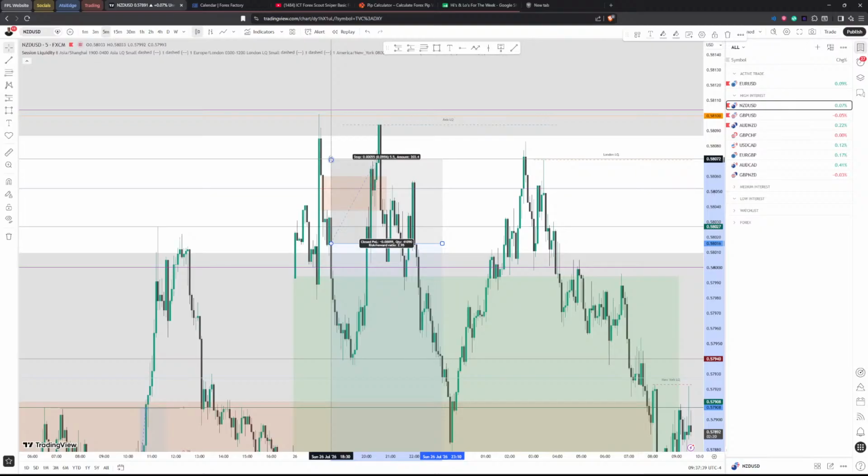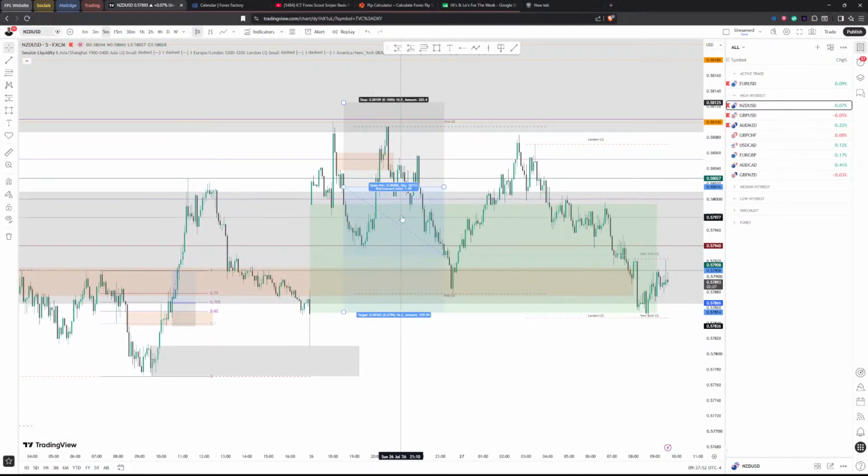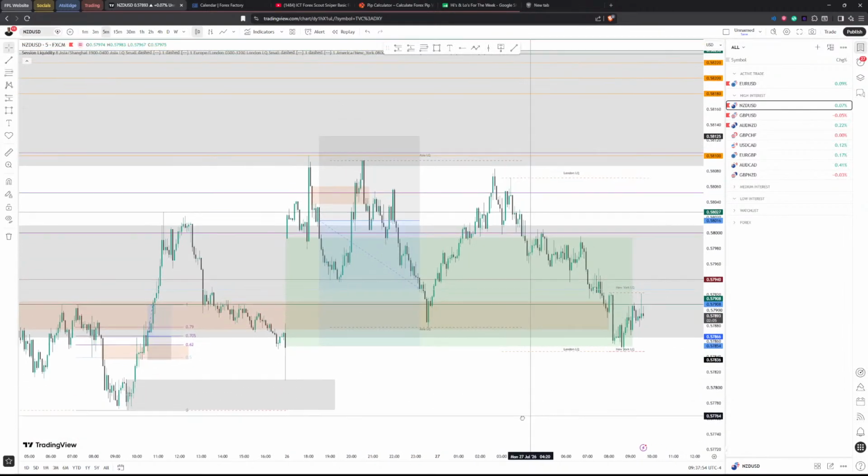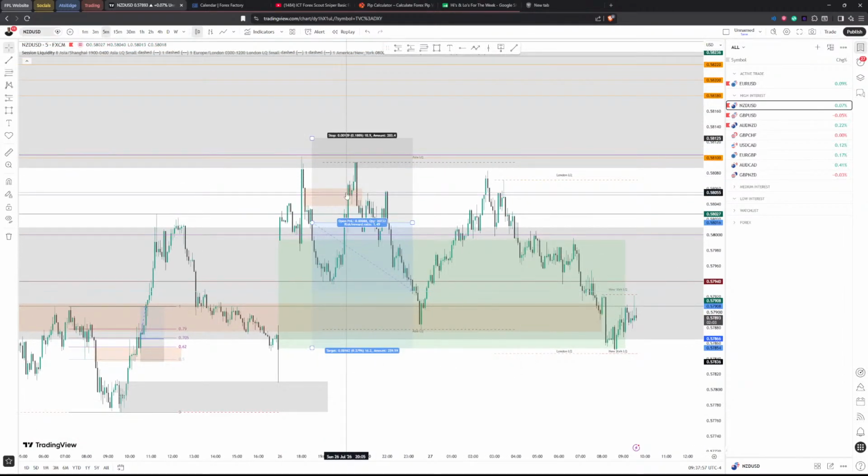If I was meant to do this, if I had traded properly, I would have set my stop loss above the first candlestick and add like a couple of pips. 1 pip for me and then like another pip for spread. So NZD USD would have taken me around about 11 pips. And then I'll be targeting here, which is the 1 to 1.5, which is not really what I like to take. So that's why I kind of reduced the risk in terms of how much I was risking. I also reduced the stop loss to kind of increase the risk reward ratio.